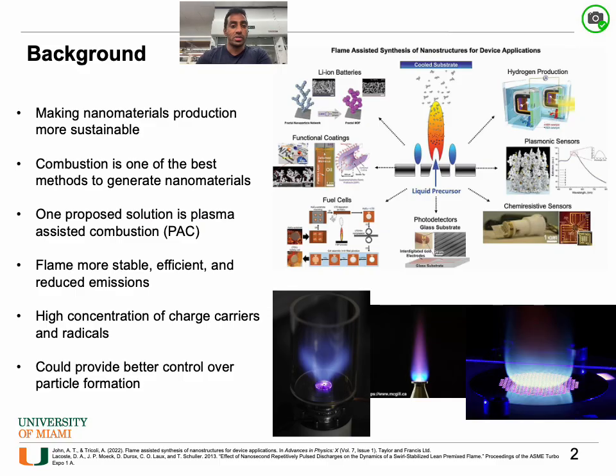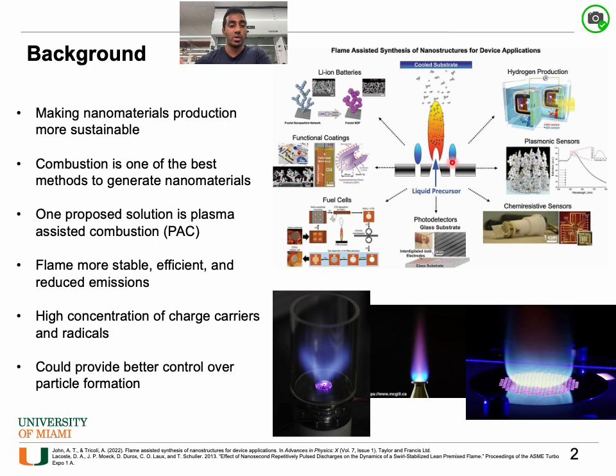Now, as we are moving towards greener sources of energy, we also want to make nanomaterial production more sustainable. And from this graphic, we can see that combustion is one of the best methods to generate nanomaterials, which are used in a wide range of applications, from sensors to fuel cells and lithium-ion batteries. Now, as combustion is one of the best methods to generate nanomaterials, making this process more sustainable translates to making combustion more sustainable. And one of the proposed solutions is introducing plasmas into